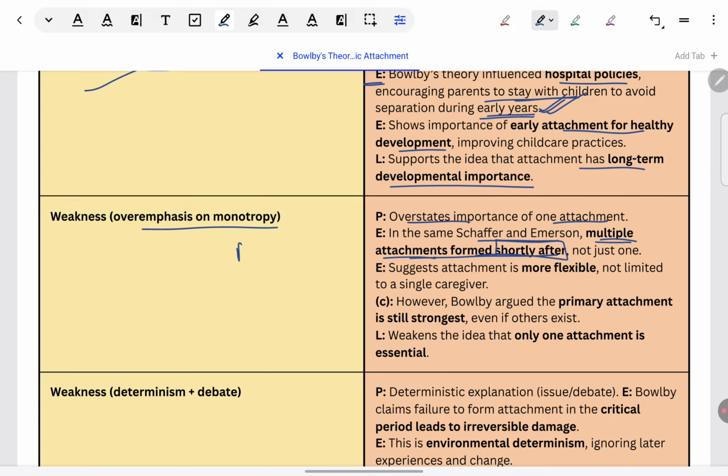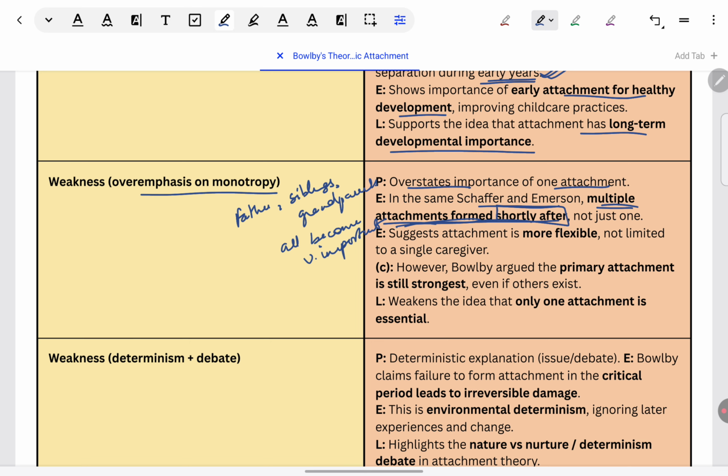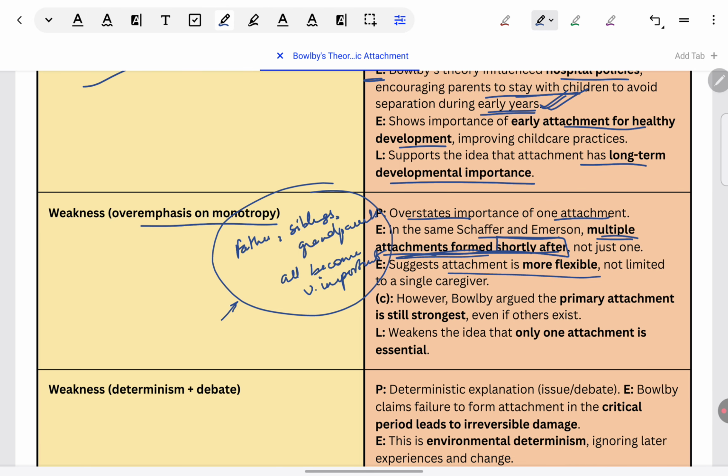So those people whom we saw earlier, father, siblings, grandparents, they all become very important for the baby in this multiple attachment period. Like you can think, they assume equal importance as the mother once the baby enters the multiple attachments phase. So what they are trying to say is attachment is flexible. There can be a duration where one attachment is very important, but that is not the only period. Even what happens during the multiple attachment period, where a baby has strong bonds with many other people, will help them to have a happier adulthood.